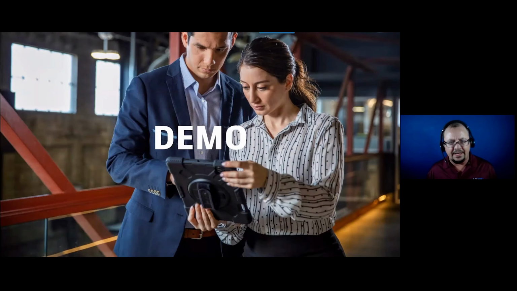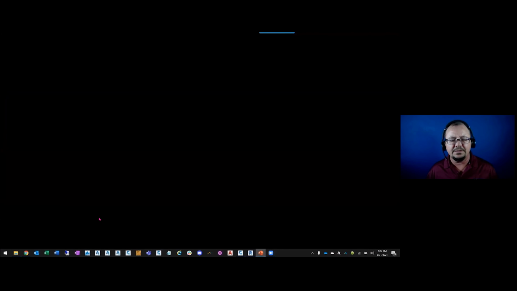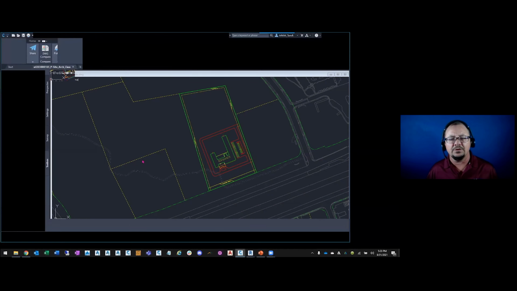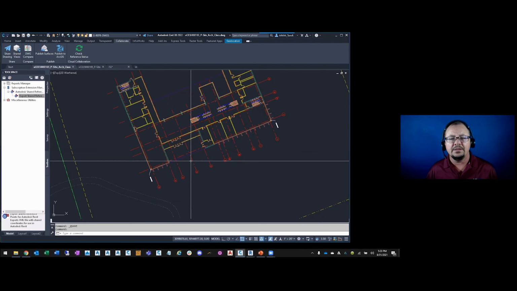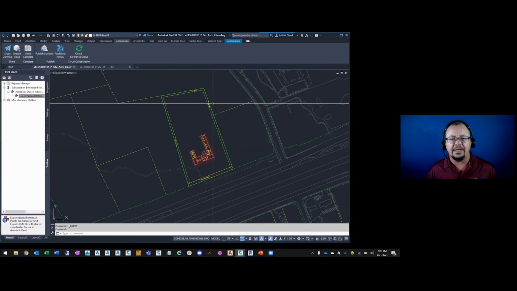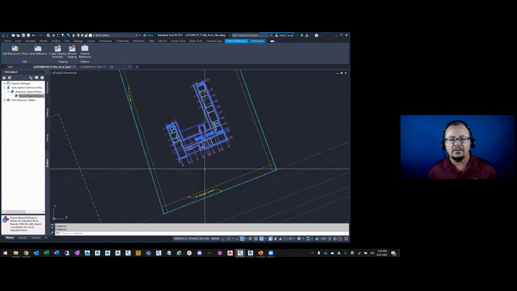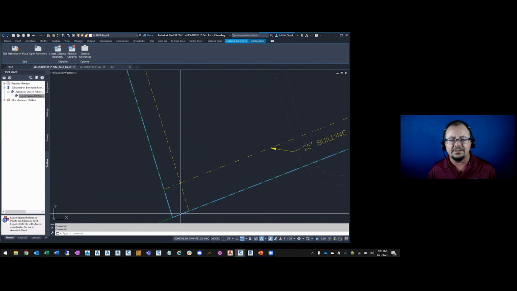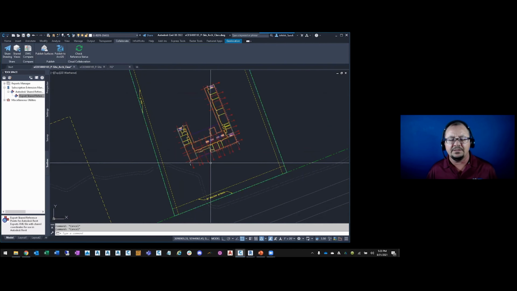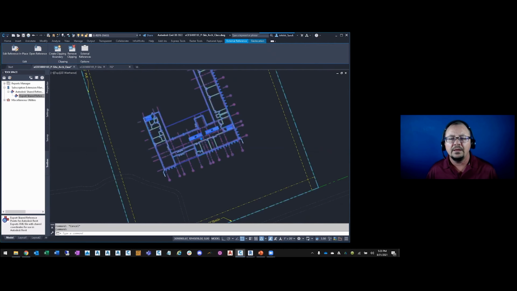And let's go ahead and see a demo of that process. So we started out with a Revit model. We exported that to CAD, and we overlaid that. I'll show you this drawing here. This is where I overlaid the architectural file, and you'll see it has a boundary. So I use the boundary as the coordination point initially.